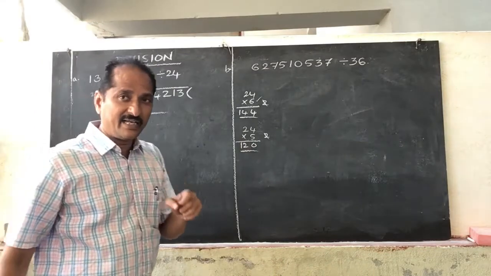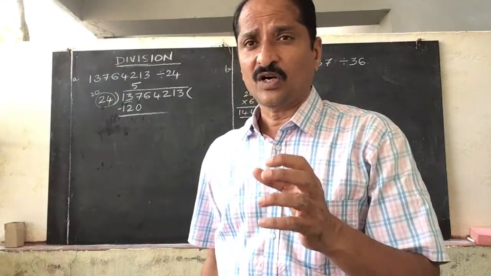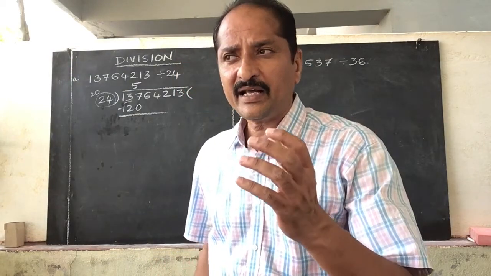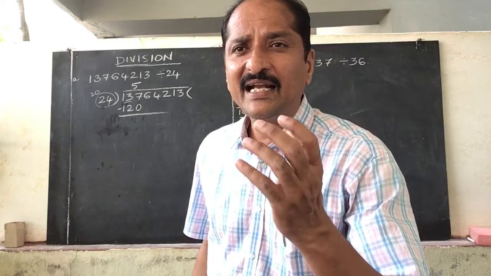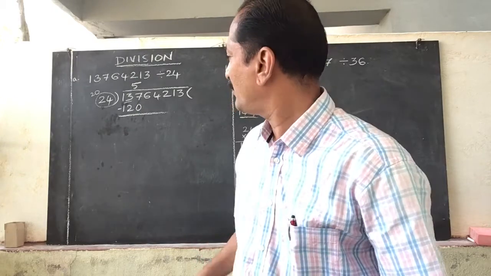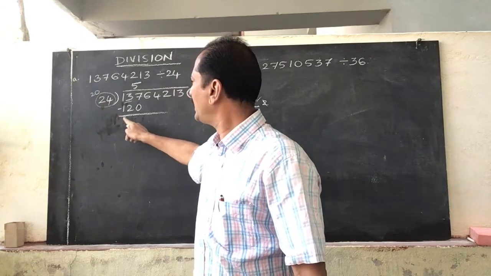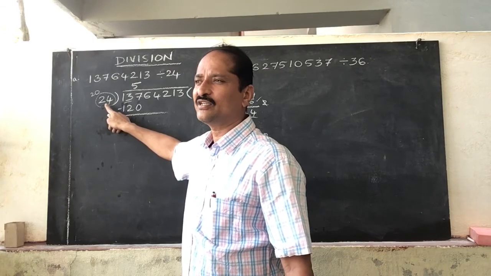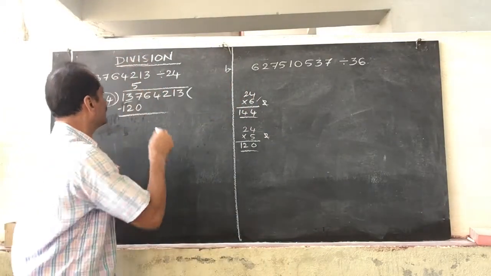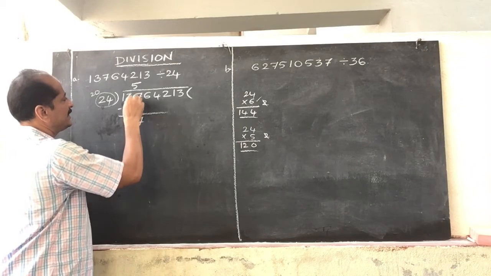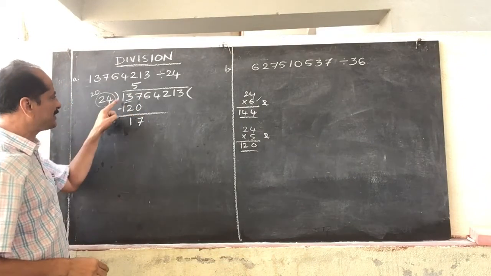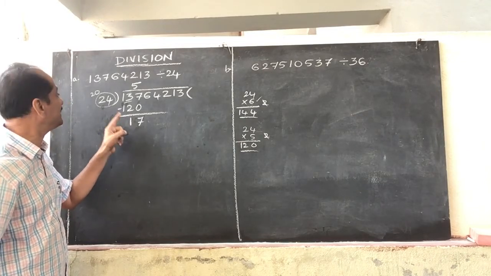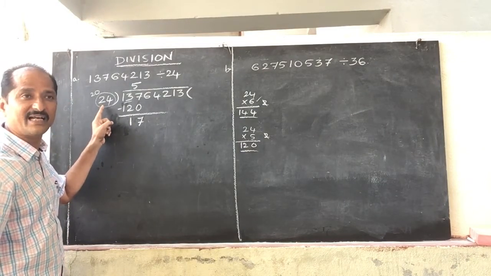Whenever you are dividing here, how much should the remainder be? The remainder should be less than the divisor. What is the divisor? 24. So here in this division, you should get a remainder less than 24. Student, my 24 kan takku vachinda ledu. Now 7 minus 0, 7. 3 minus 2, 1. 17. 1 minus 1, 0. So 17 you have got. What is 17? 17 is less than 24.